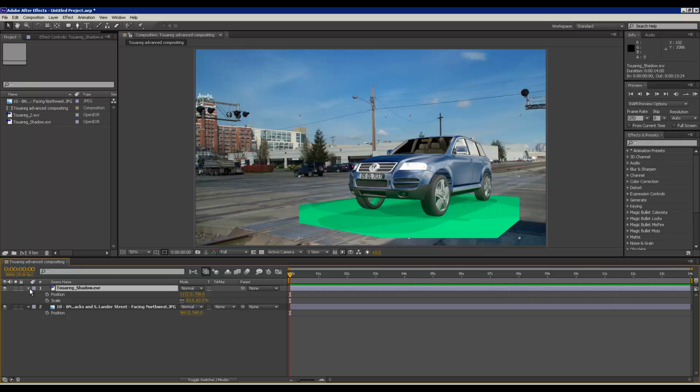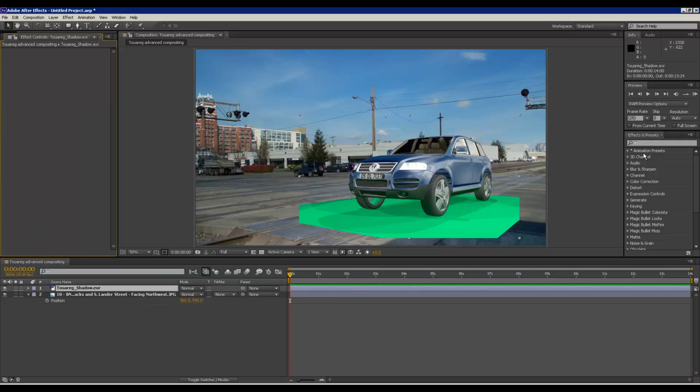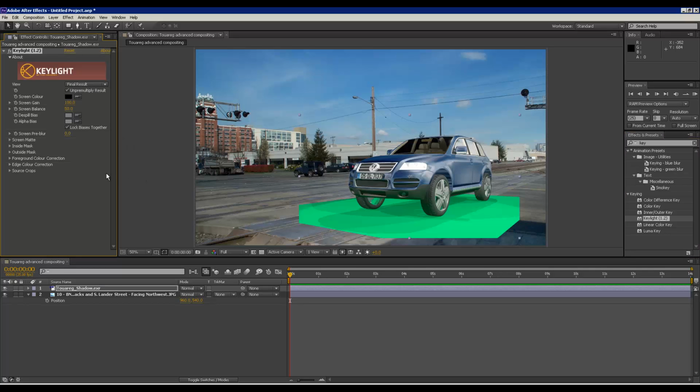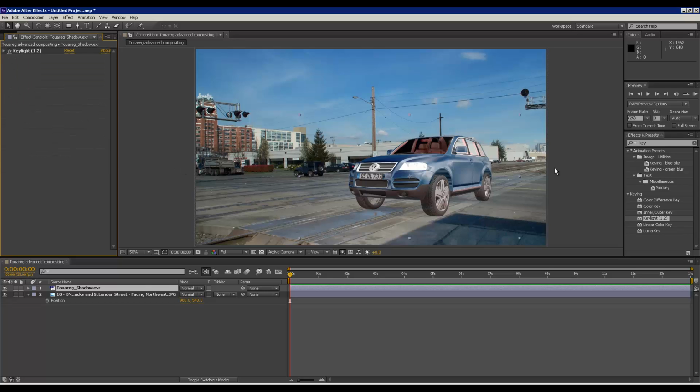Let's go and add a few effects to this. Firstly, of course, we need to use the key light, because this is what's going to help us get rid of the green, right? All the green. So we take this and we select the green, and the green goes away. The gain, I think it's best for this, is 109, and this 100. Okay. Then we can just forget about this. Okay. Next one